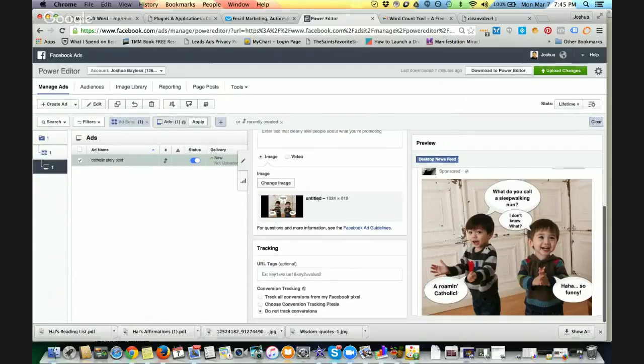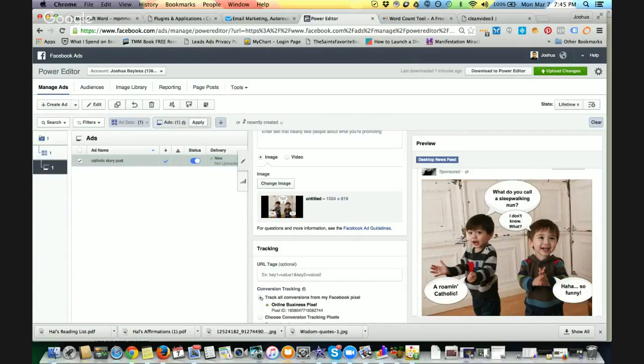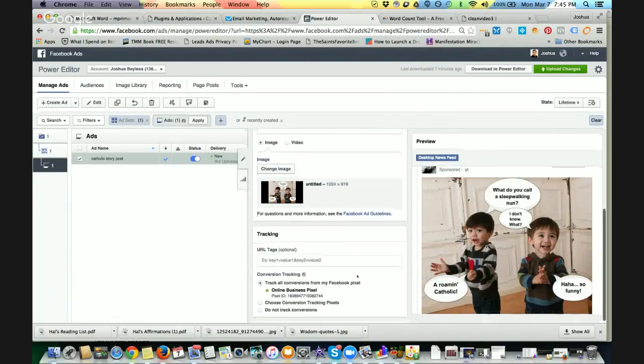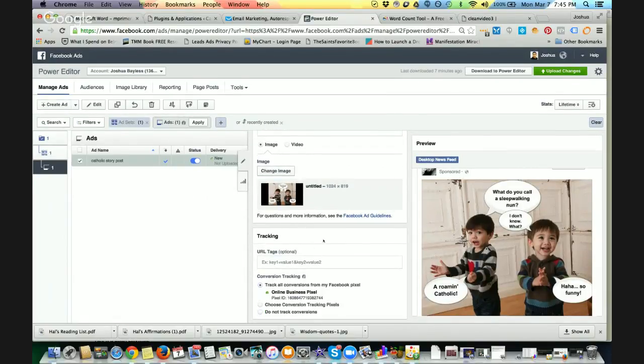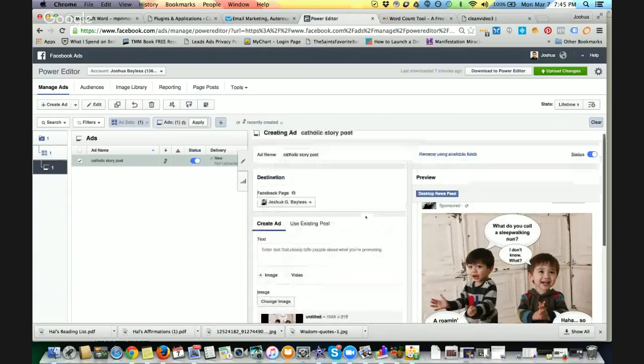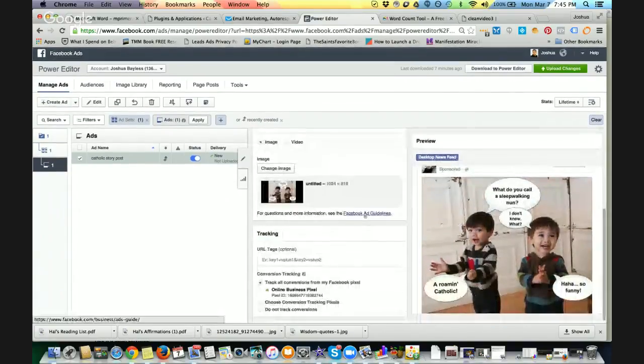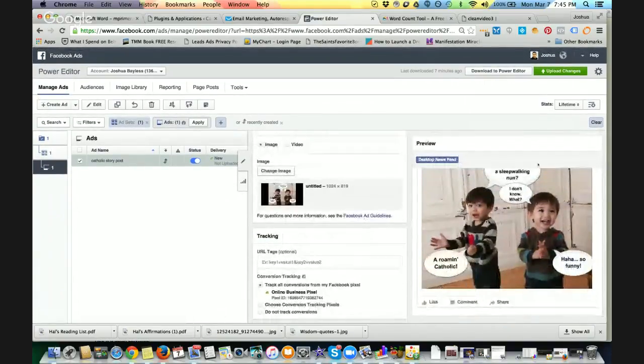All right, so I'm going to track conversions from my Facebook pixel. Okay. Always want to do that. If you have questions, you can do Facebook guidelines here. All right, so